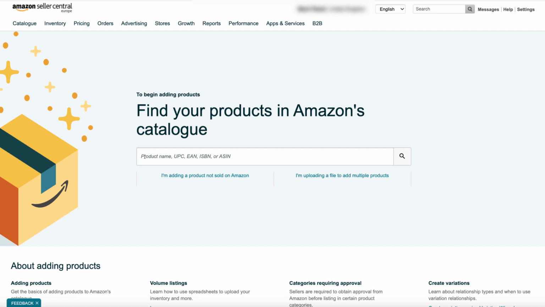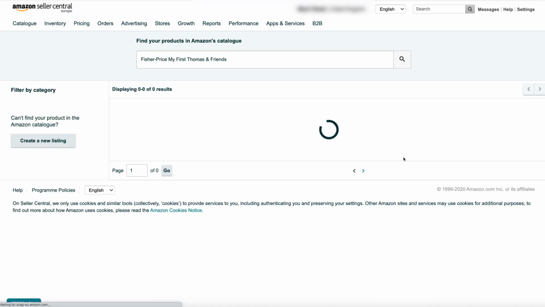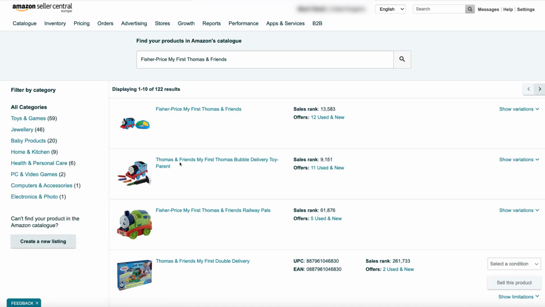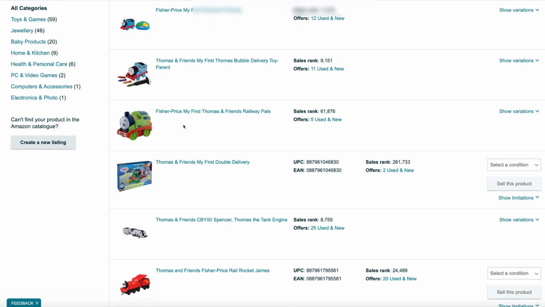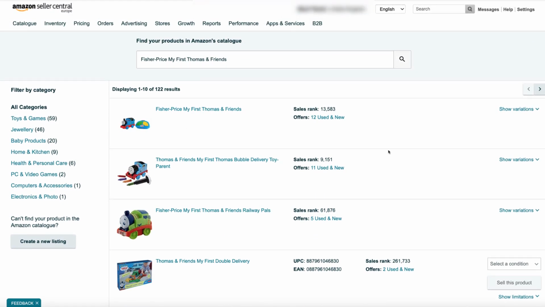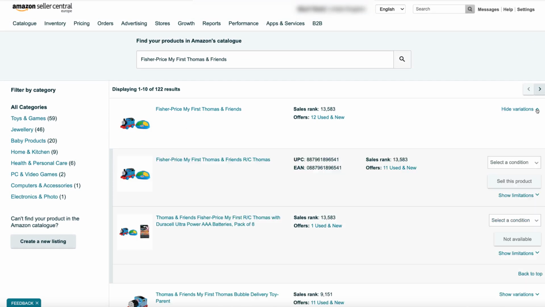and then here you either enter product name or ASIN or other barcode like UPC or EAN. In this case, I'm going to search for this particular toy, and once I click on search, you will see that Amazon comes back with a list of products which are found using that criteria. So let's select the first one,